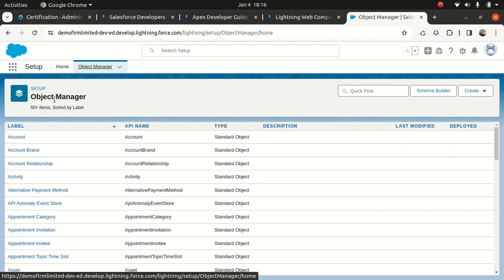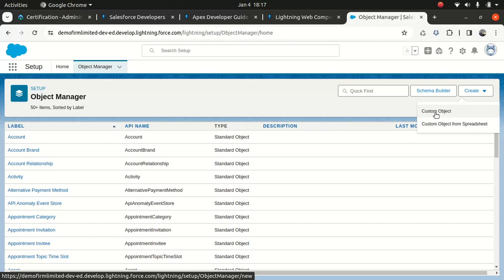Objects are equivalent to a table in SQL Server and Oracle, and the fields are fields in the table. Account is a standard object which comes with Salesforce by default when you register or when you buy certain editions like Professional, Enterprise or Unlimited. You can also create your own table, which is called a custom object, and you can also create it from a spreadsheet.